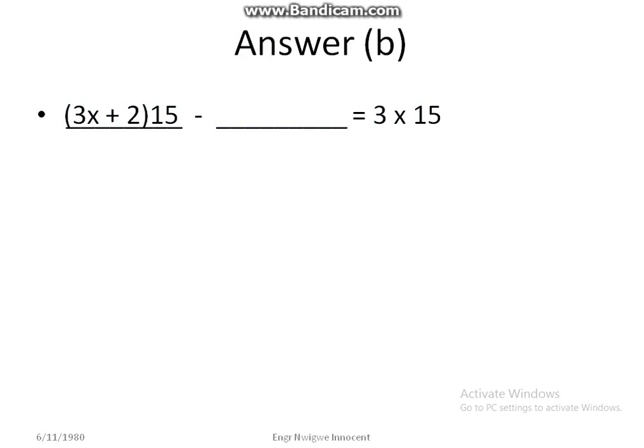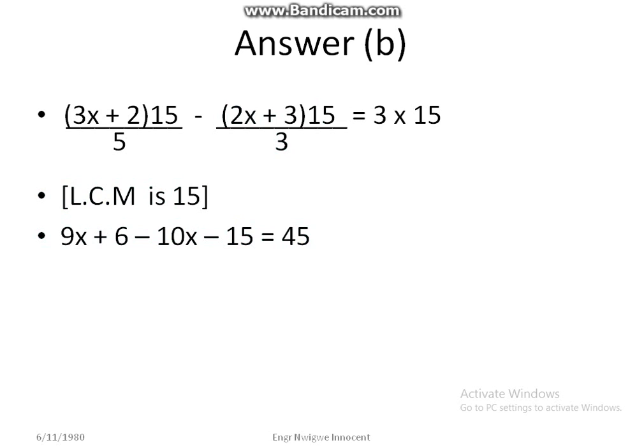Answer B. In bracket 3s plus 2 times 15 over 5 minus in bracket 2s plus 3 times 15 over 3 is equals to 3 times 15. We multiply through by 15 because the LCM is 15. Then if we cancel out, and if you cancel out an open bracket, we will now be left with